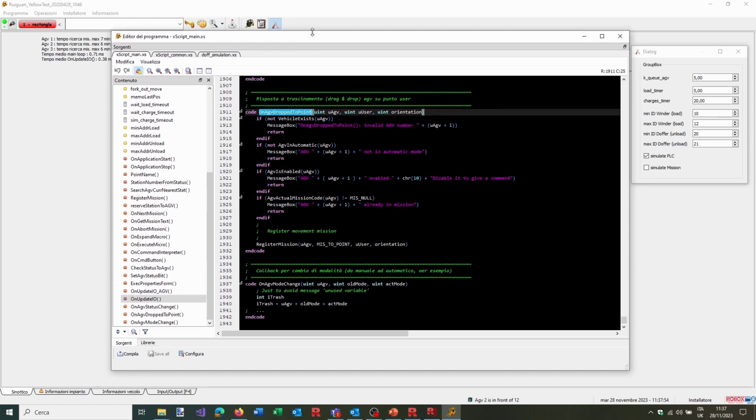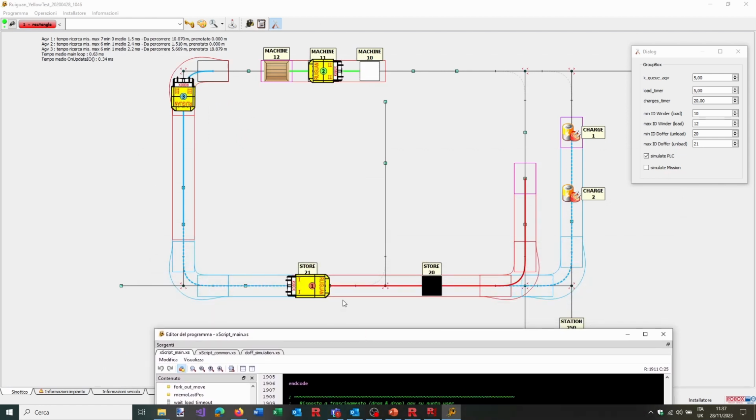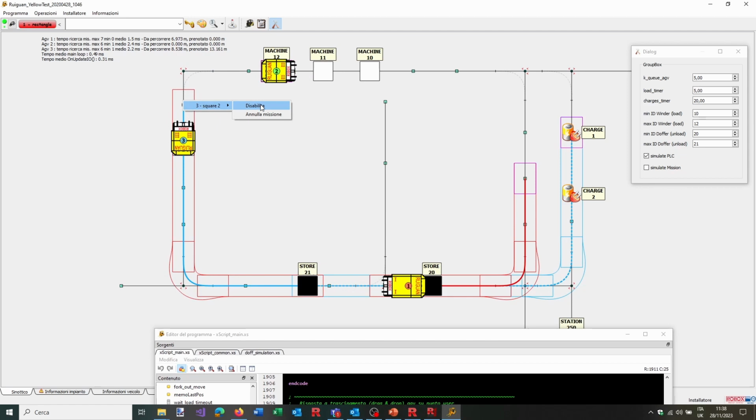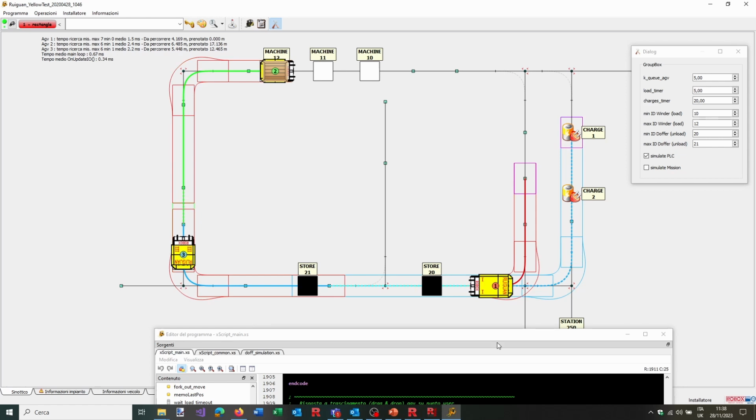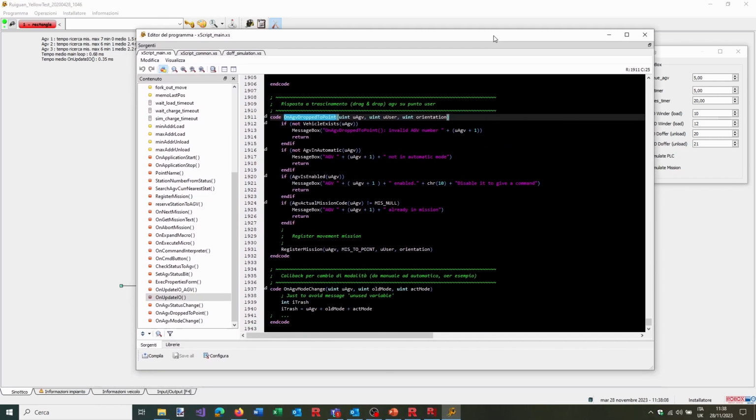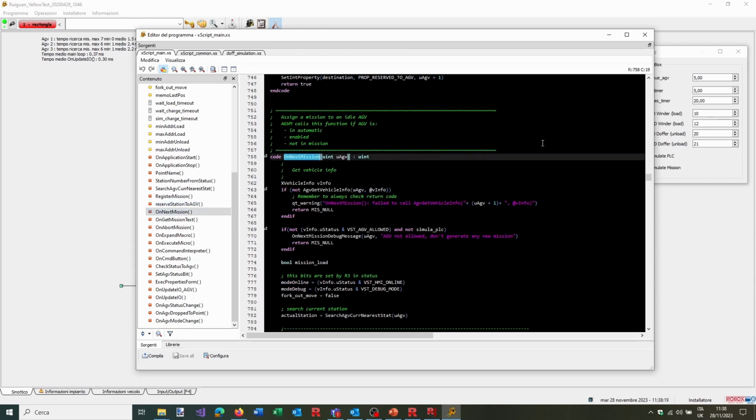But now, as you see, when I want the AGV to move automatically, I right-click and I can enable while it is disabled, of course. Now that it's already enabled, I can disable. And when I enable the AGV, it must go here and go to the on next mission. This is the most important function because this is the one